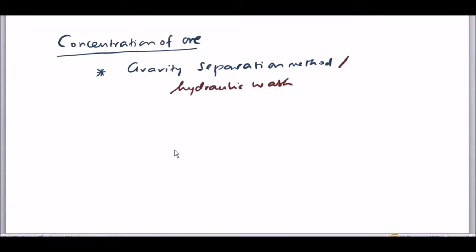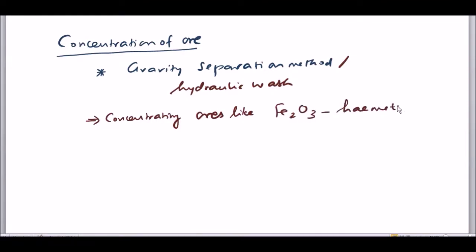And the gravity separation method is highly useful for concentrating ores like these important ores: Fe2O3, which is called hematite, and the ore of tin called tin stone having the formula SnO2, etc. Where in the process the ore is